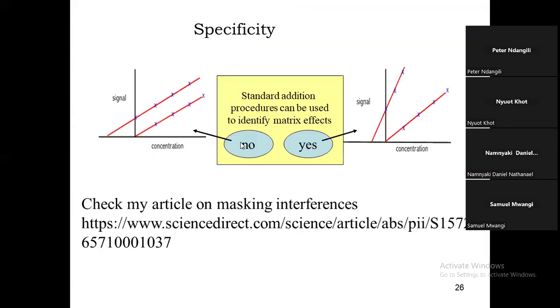And once you do that, you can carry out further evaluation. Here I have said, check one of the articles that I published in 2010 on masking of interferences. And I explained this one in class a while ago when I talked about the detection of dopamine, ascorbic acid,